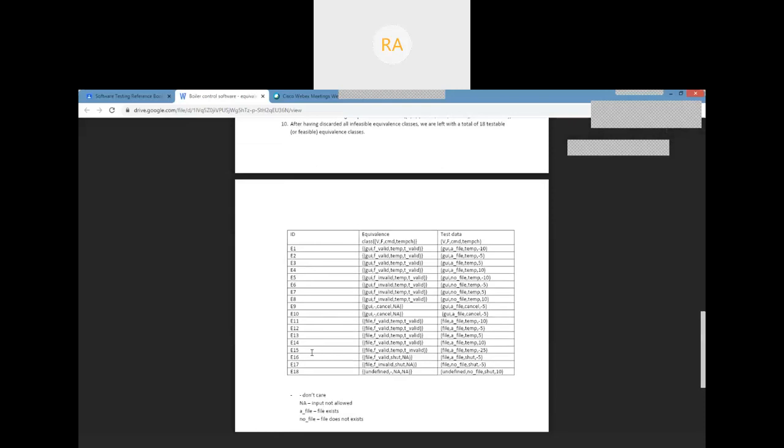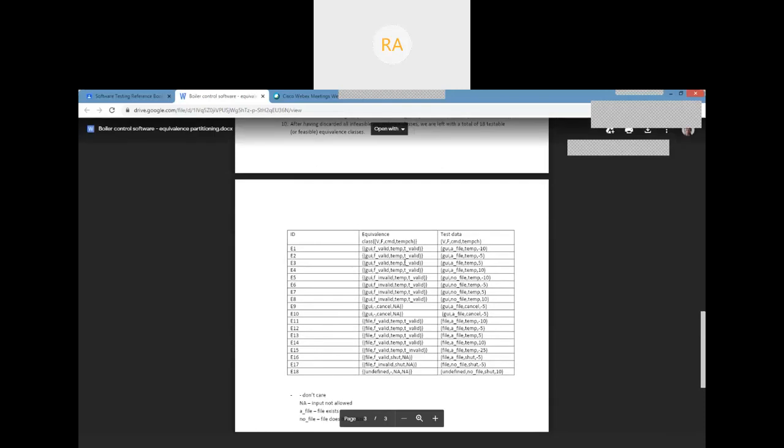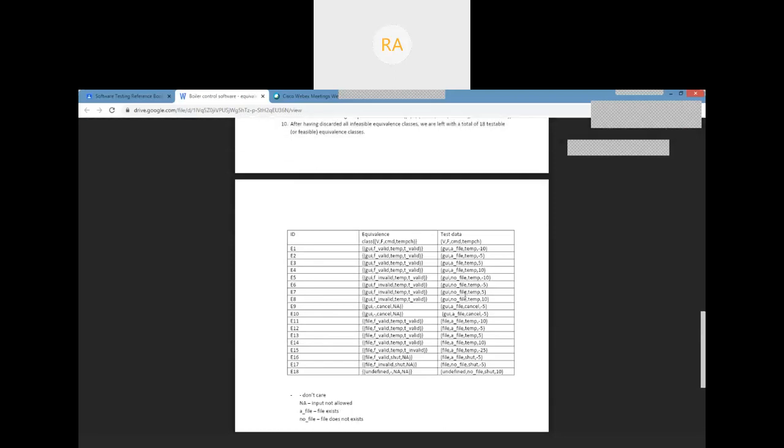Feasible means I can generate such an input combination for testing purpose. If you look over here, these are the equivalence classes and the test data I have taken here.